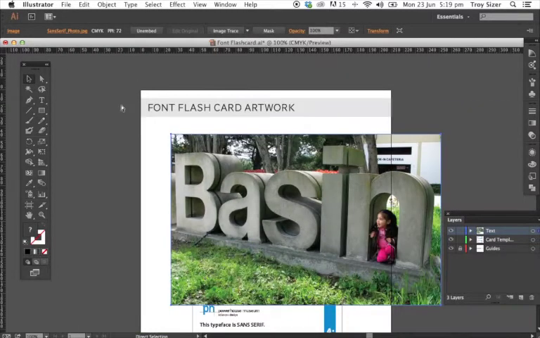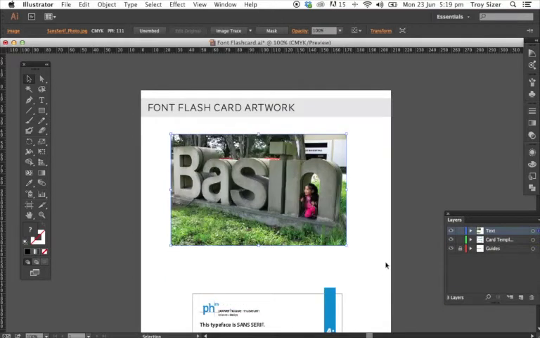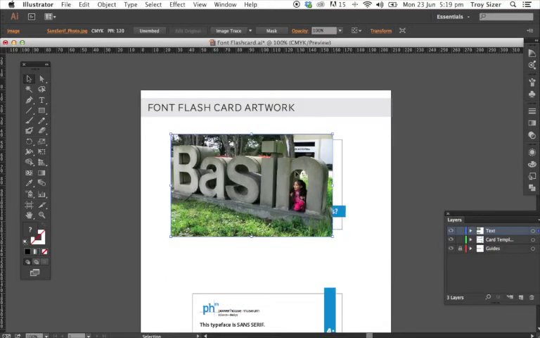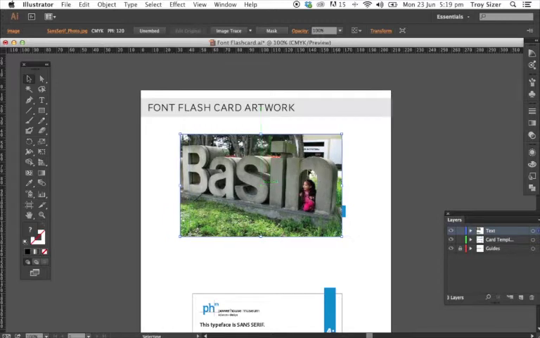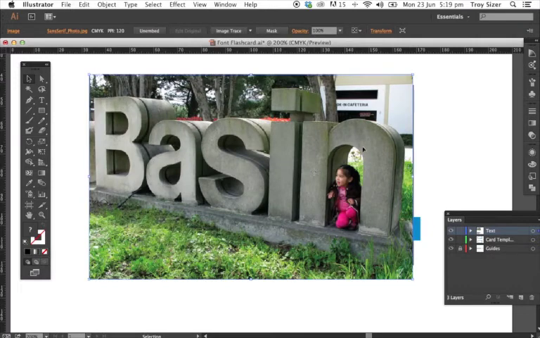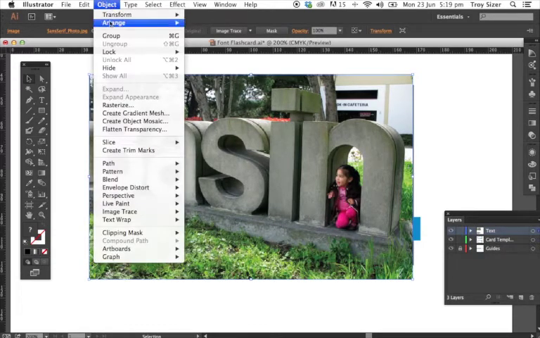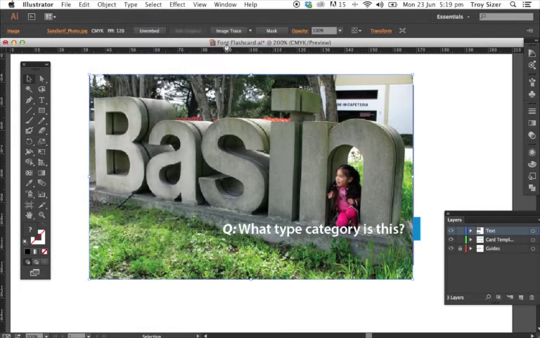My image has come in larger and your images may well do the same. So I'll scale down, making sure that I hold Shift, to a much more suitable size for this front of the postcard. Now I'm going to send this image to the back. If I go to Object, Arrange, Send to Back, it's now been placed behind the text,